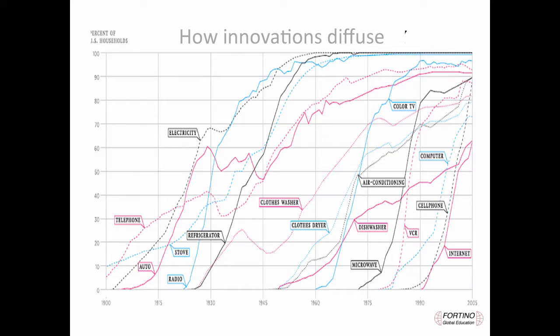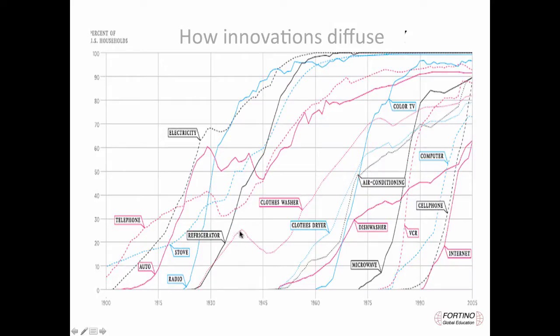Take, for example, a number of technologies here. Some are straightforward electric technology, some are electronic technology, but they all pretty much, when you look at it, follow a very definite pattern here. Take, for example, a color TV. They have a very definite startup, and then they have a steep climb, and then it saturates. This is, of course, percent of households in the U.S. that have a color TV, for example, or a computer, or an air conditioner, or a dishwasher, and so on.